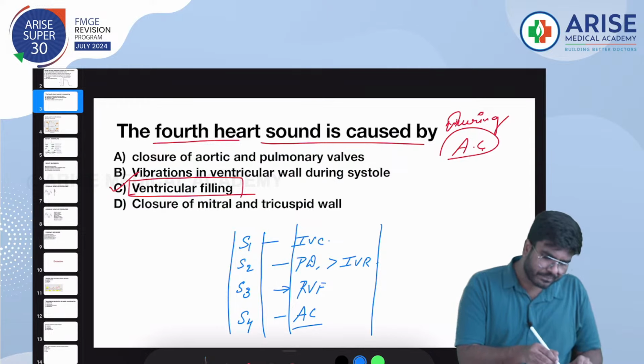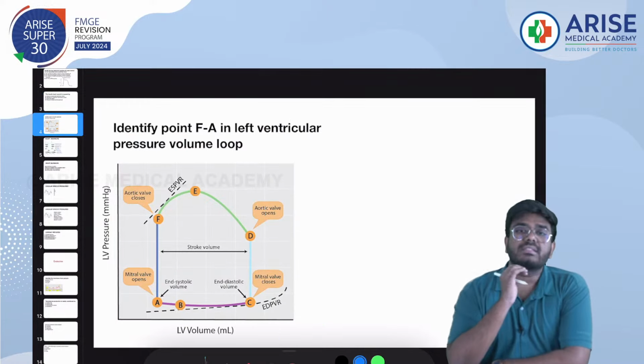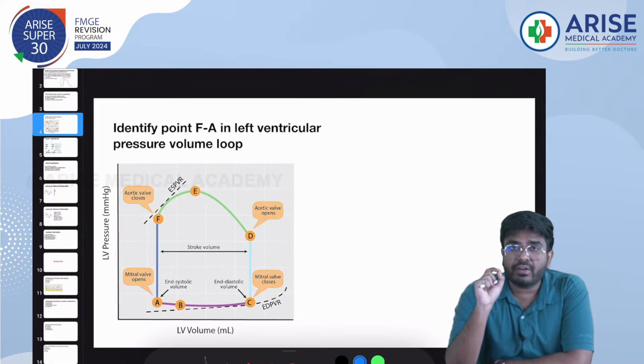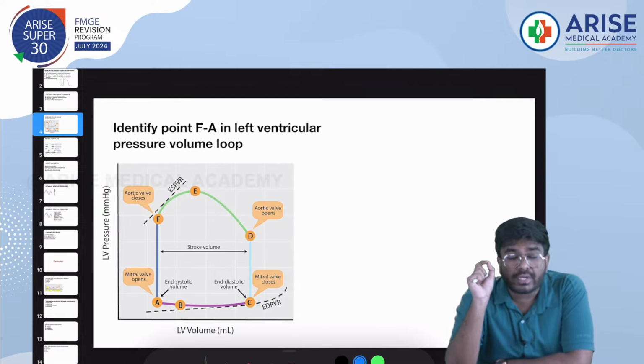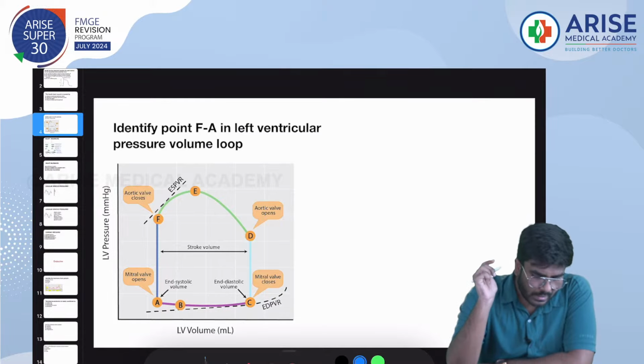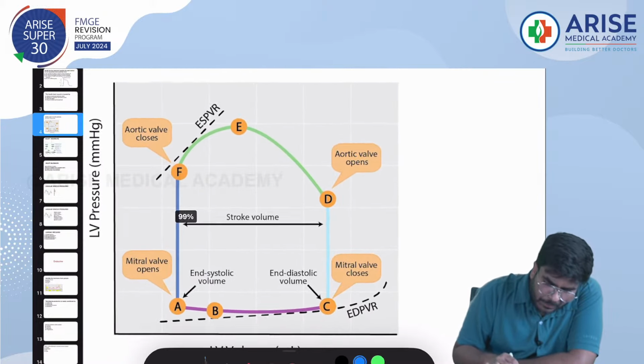Next, see this left ventricular pressure volume loop. The left ventricular pressure volume loop is all very important for the exam, a very high yielding topic. Now look here. In this left ventricular pressure volume loop,